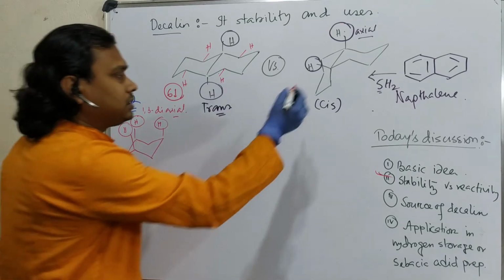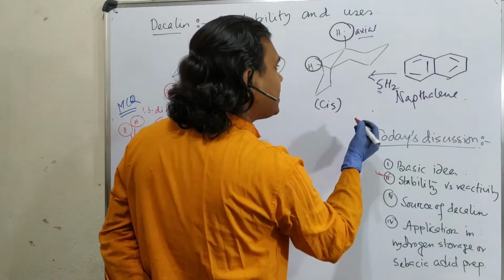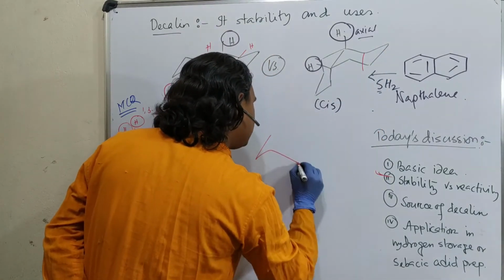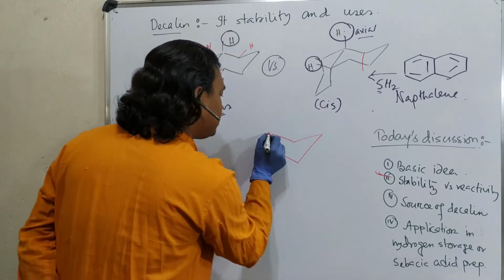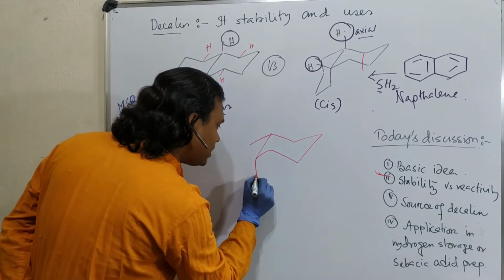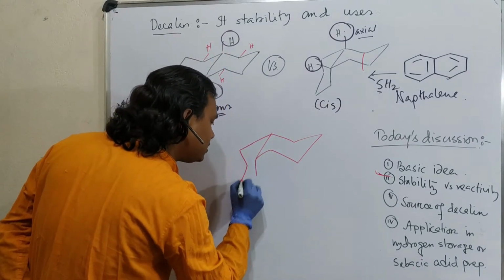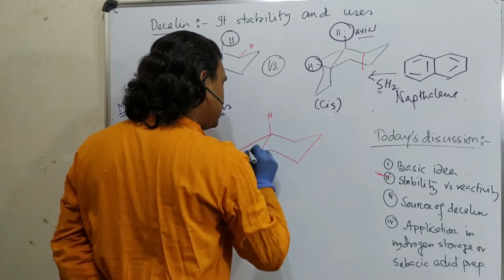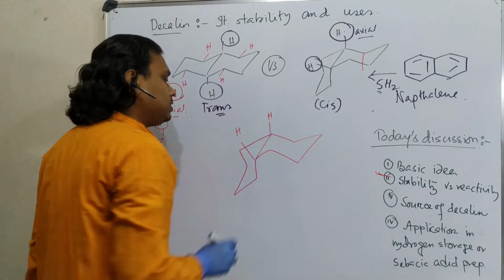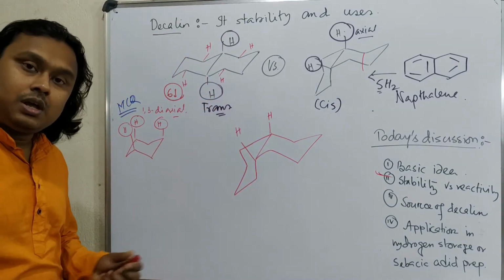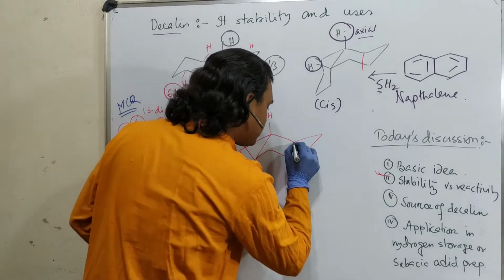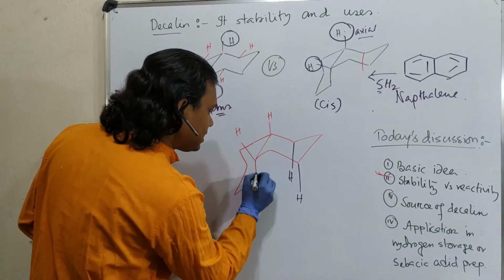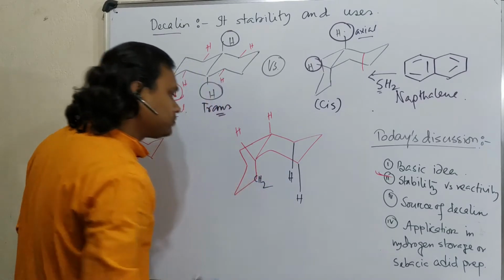But if you look at this molecule, where is the interaction possible? So let me draw. And by the way, students, please try to learn how I am drawing, because this drawing is also a very important issue. This is one hydrogen and that is one hydrogen. So in this case, how does this 1,3-diaxial interaction operate? See, look at it, there is one hydrogen, there is one hydrogen, and in this case there is one CH2.